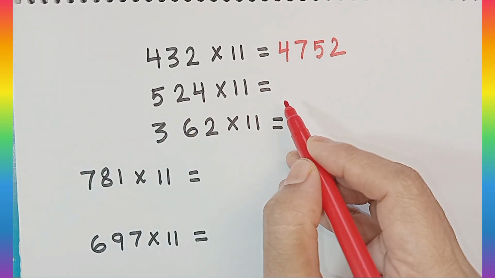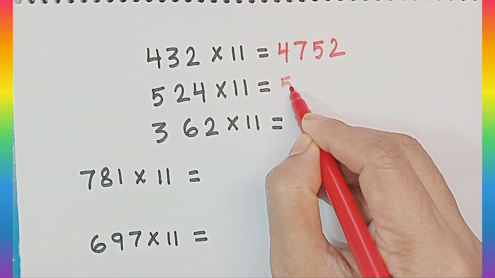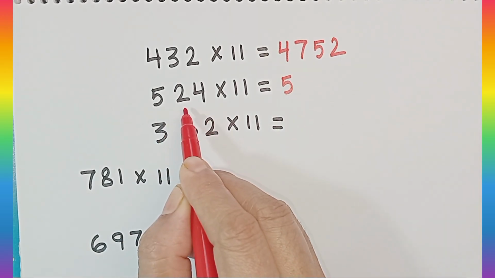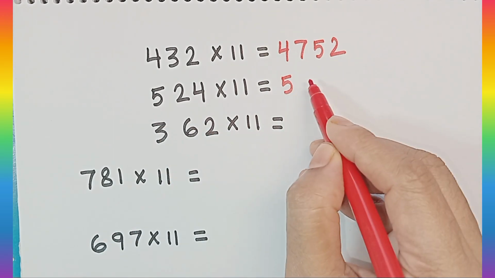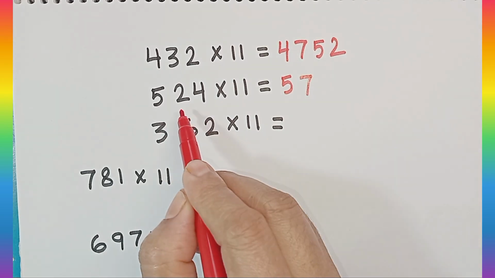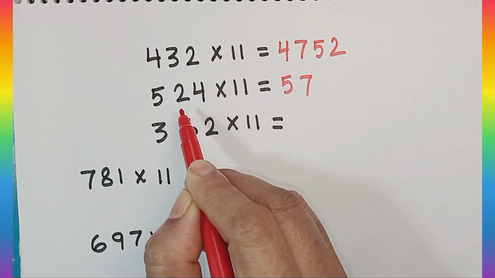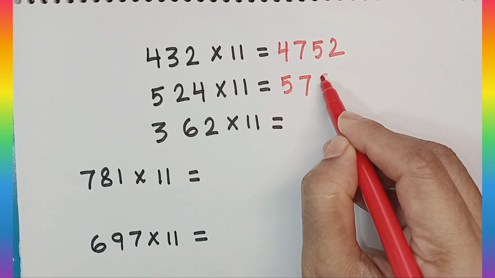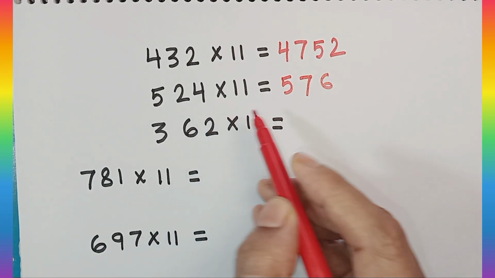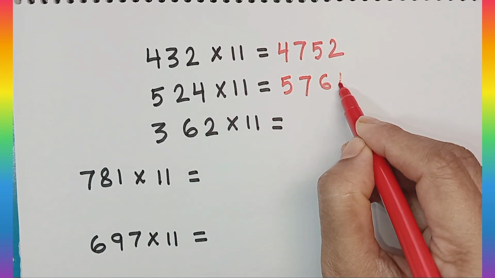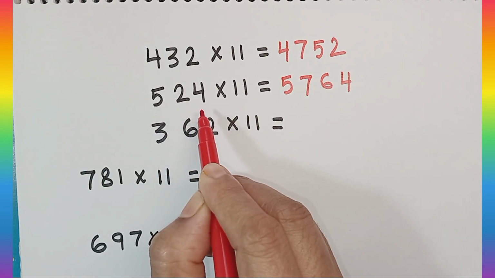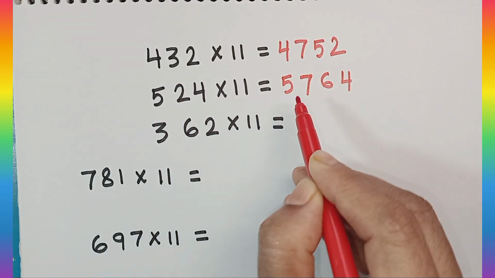Try some more. 524 into 11. Write first digit at the beginning of the answer, 5. Then add first and second digit. It will be 5 plus 2, 7. Then add second and third digit. It will be 2 plus 4, 6. Write the last number at the last of the answer. 524 into 11 is equal to